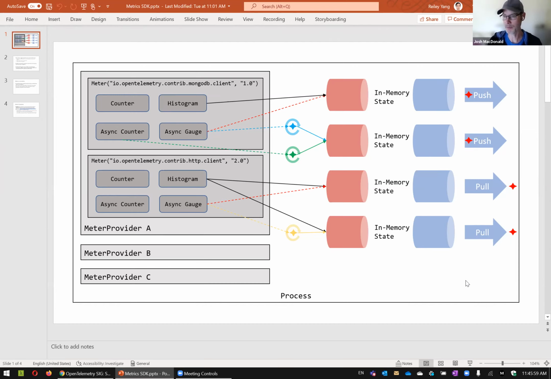And then some signal caused it to do the computation, whether that was from a controller essentially, whether it was push or pull, some signal came in. And then one set of deltas for a time slice gets sent to the processor, which then can decide whether it wants to do delta to cumulative. And the processor has the timestamps for that delta, so that it can do the delta to cumulative and compute the correct timestamps.